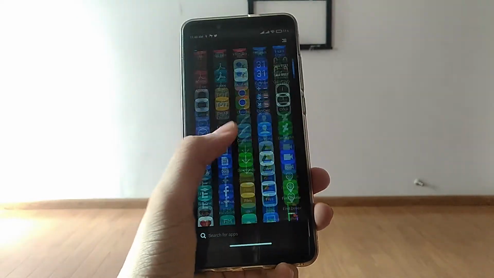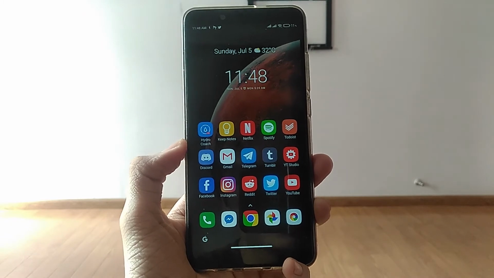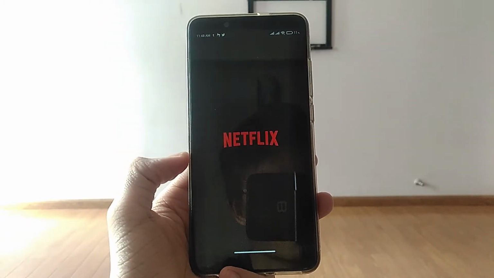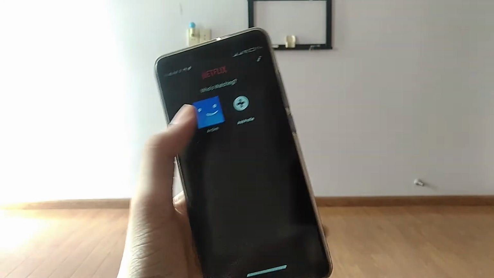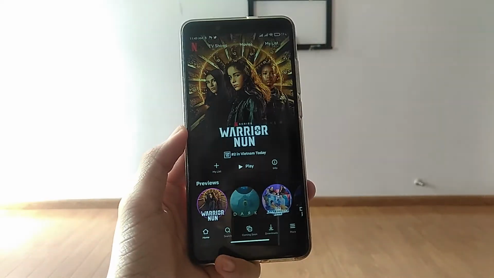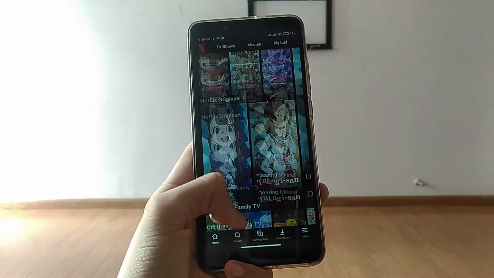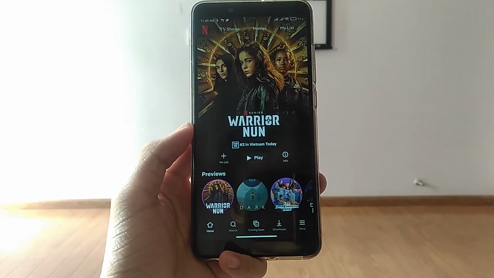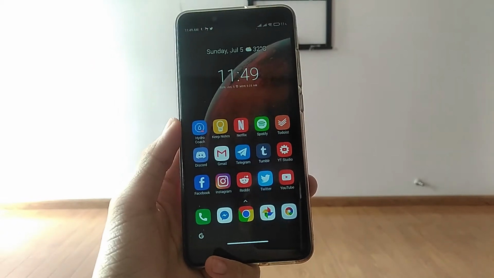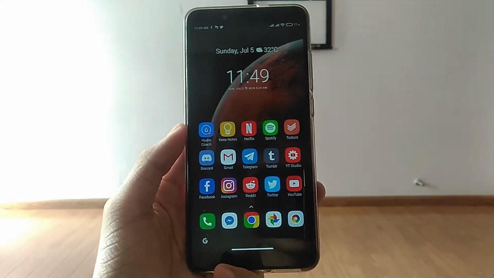However, thanks to a bit of a trick that I discovered a few weeks ago, I was actually able to get Netflix to work just fine with no problem. Of course, it doesn't have any updates afterwards, but overall the experience is fairly familiar to you if you used Netflix before, and there's no problem with streaming Netflix. So yeah, that is all of the bugs and all of the stuff you need to know